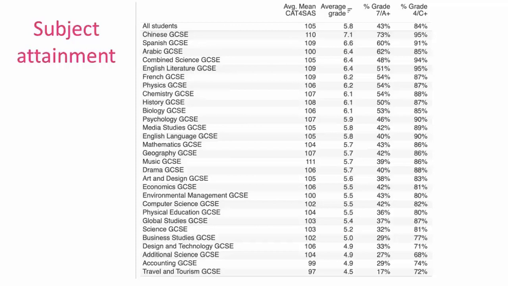Probably not surprising to see that some of the modern foreign languages, so Chinese, Spanish and Arabic up there, have some of the higher performance, and that may well be partly down to students who are native speakers taking those subjects. But interesting, again, for you to compare the subjects that have higher or lower attainment in your school to the trends for international schools in the service. And then the final slide